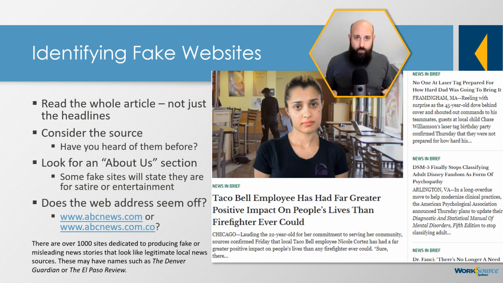Now, another way that we can tell whether or not a website is legitimate is by looking at the web address. If the web address seems off, well, it might be. The two examples we see here, www.abcnews.com or www.abcnews.com.co. If you're not paying attention to the URL, you might miss that .co at the end of the fake